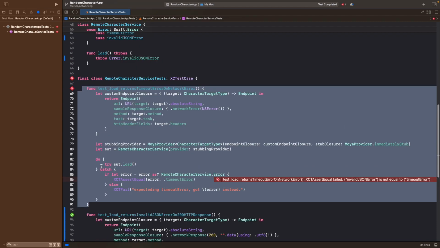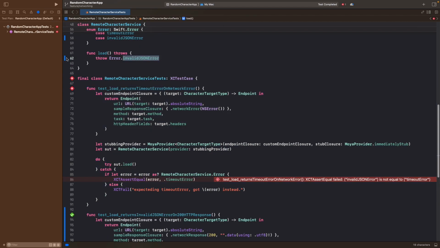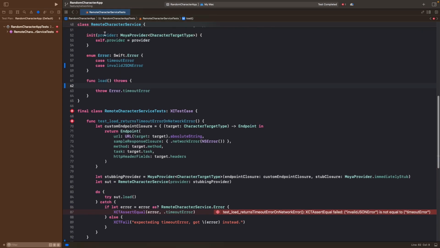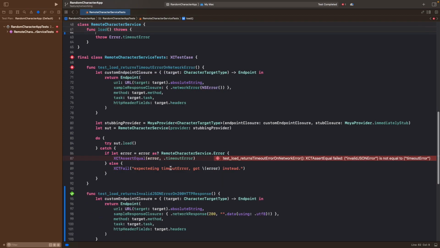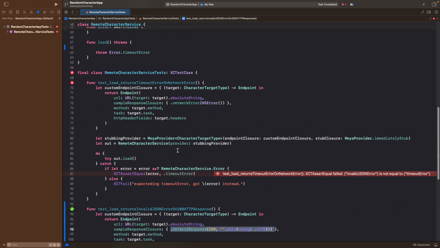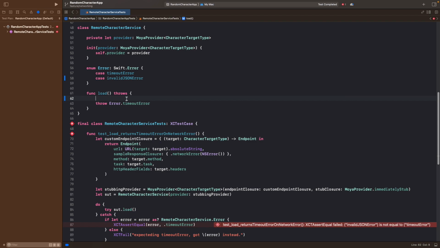So it's actually not a good idea to return this invalid JSON error directly. What we can do is talk to the provider over here, and basically return a specific error for a specific Moya case. For example, we need to return the timeout error when Moya has an error because we are stubbing the network error here, and we need to return this specific error, the invalid JSON error, when we get a success 200 response, right? So what we can do right now is talk to the provider,